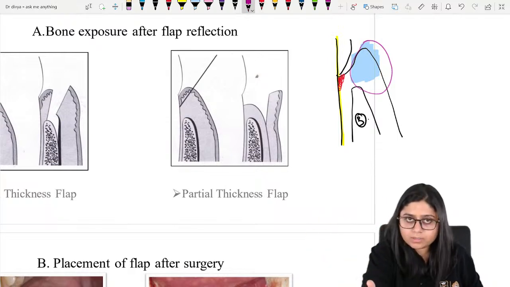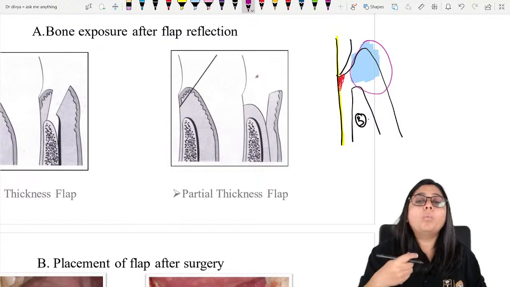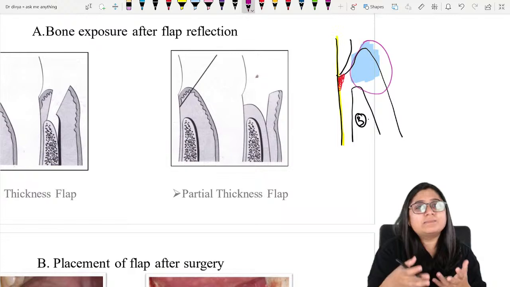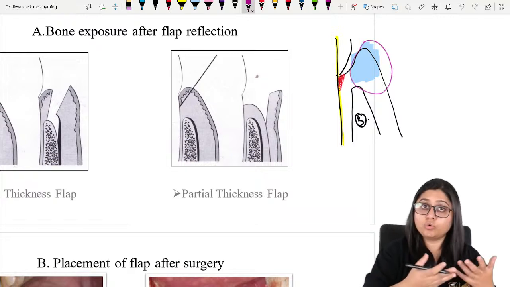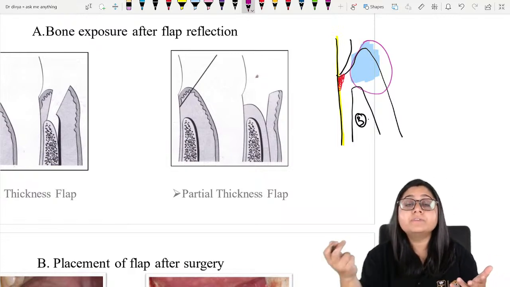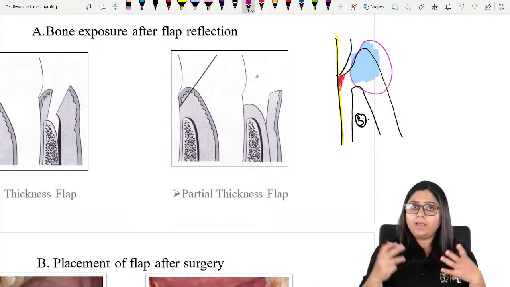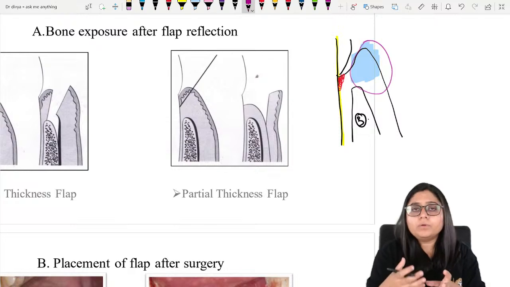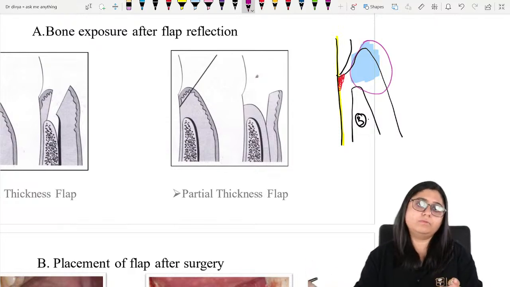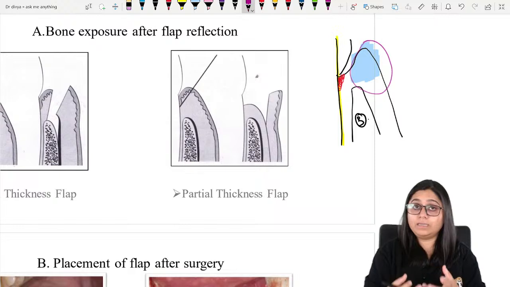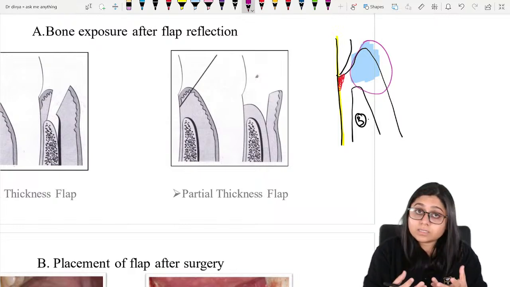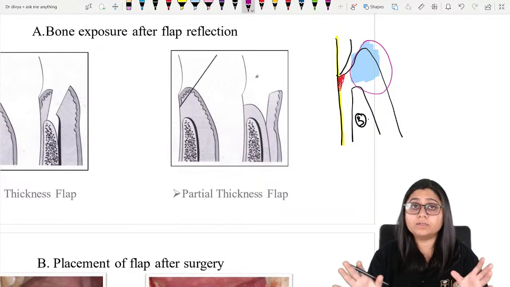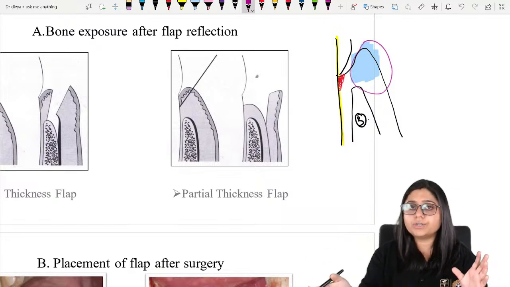What will I be seeing? The bone, right? Why do I want to see the bone? So that I can treat the defect which is present either by osteotomy or osseous regenerative surgeries. In this limited time period, I will not be able to explain all the things, like what is there in regeneration and what is there in resective surgeries. I hope you all know by now the difference between resection and regeneration.